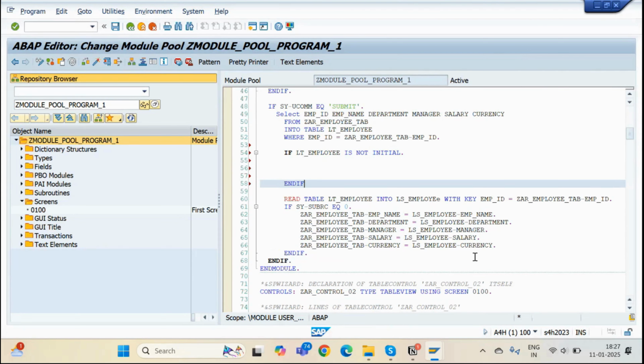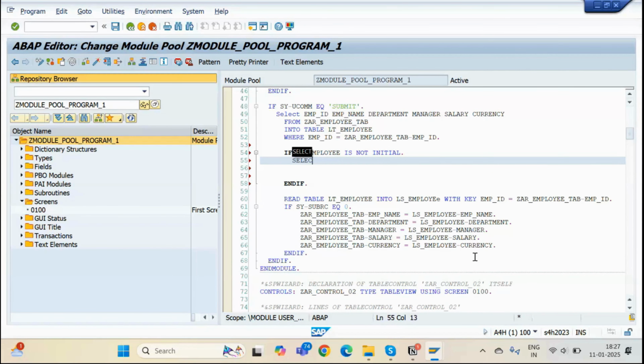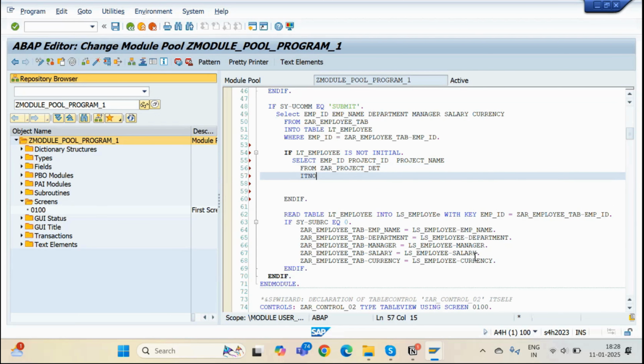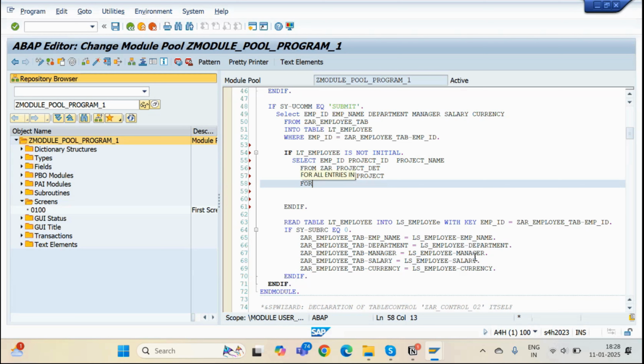So select employee ID, project ID, project name from my table name into table LT project for all entries in LT employee